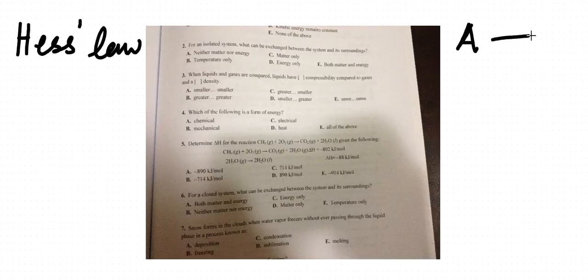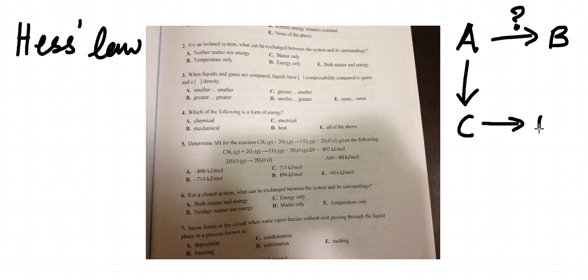The concept we're dealing with today is Hess's law. Hess's law, a law of thermodynamics, states that if you have a reaction A going to B, and you don't know what the enthalpy of formation of this reaction is, and if you had a different pathway where A goes to C and C goes to D and D goes to B,